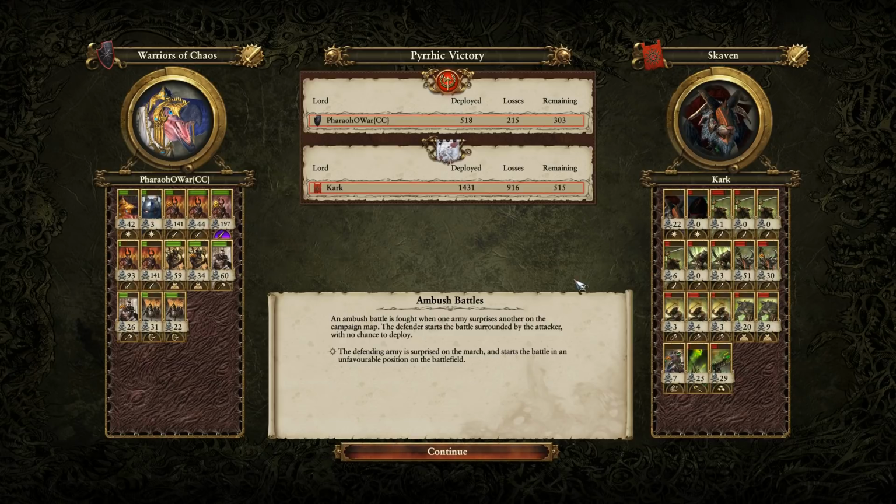Hope you guys enjoyed watching that one. Not every day you get to see Forsaken put to such good use, and Pharaoh Awar taking him to the house. 5 units of Forsaken, all racking up a ton of kills. 141, 197, 141, 93. Only 44 on these bad boys, but again, they did a ton of damage to the